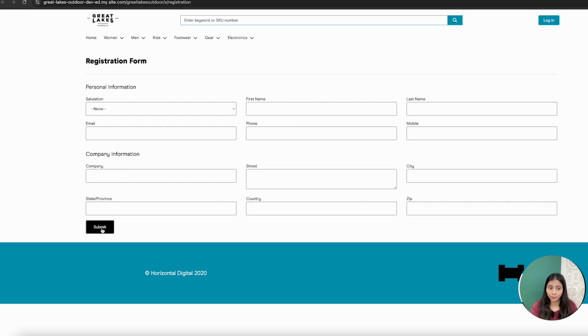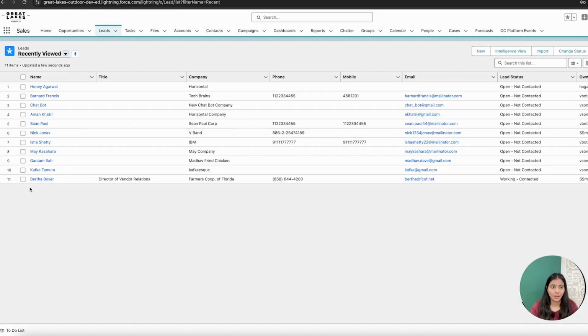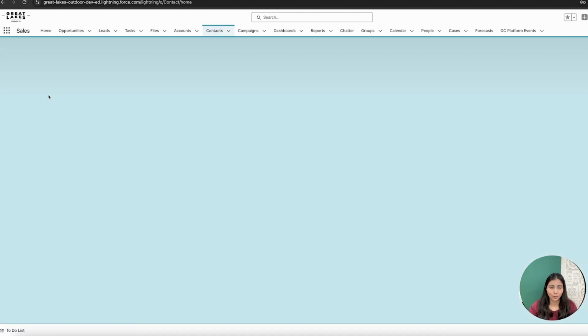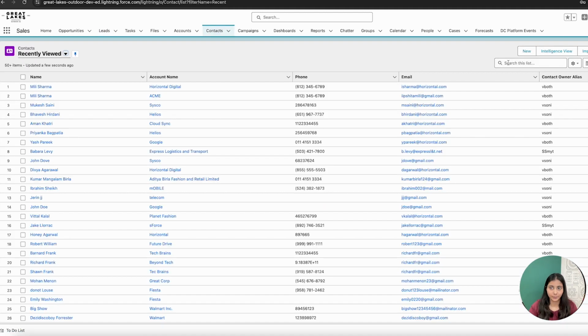Now let's move towards the CRM. Here in the lead object, her lead will get created, and she will receive a welcome email when the sales team converts her record into account, contact and opportunity. I have converted that record into account, contact and opportunity, so you will not find the lead Millie in this lead object. In the contact object, I can show you both the records of Millie,